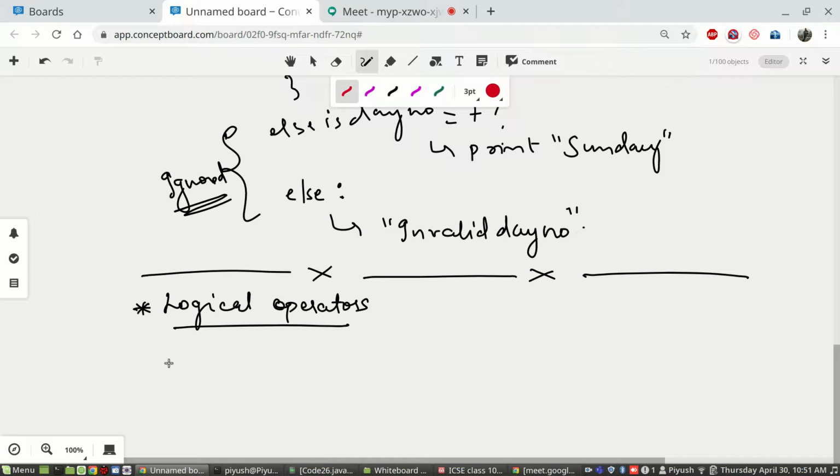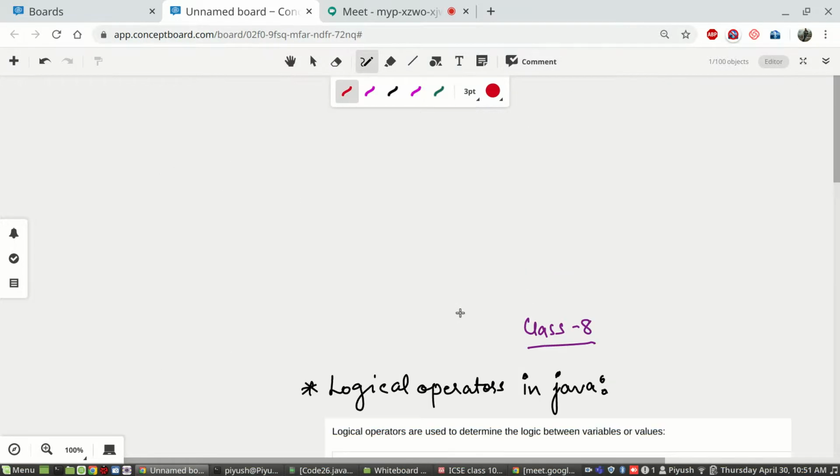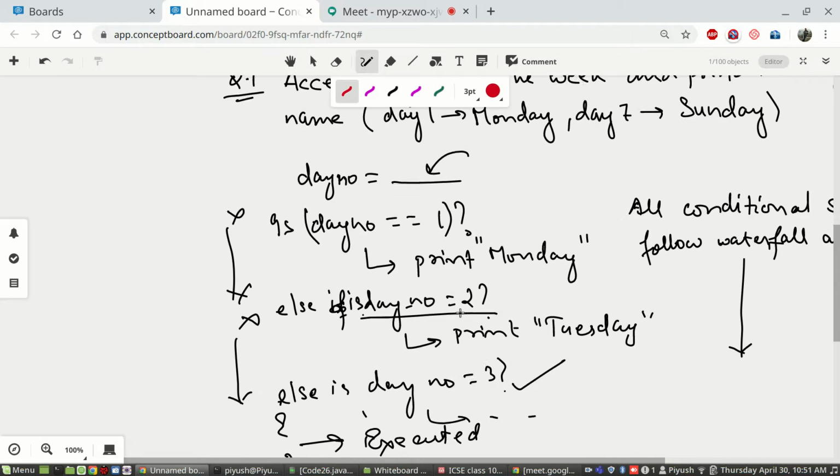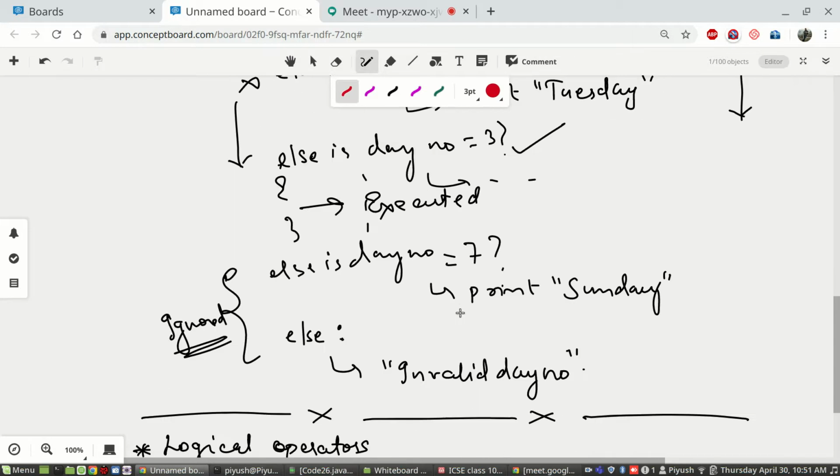So what are logical operators? They establish, they determine logic between variables and expressions. It is used to determine logic. And what is the logic?